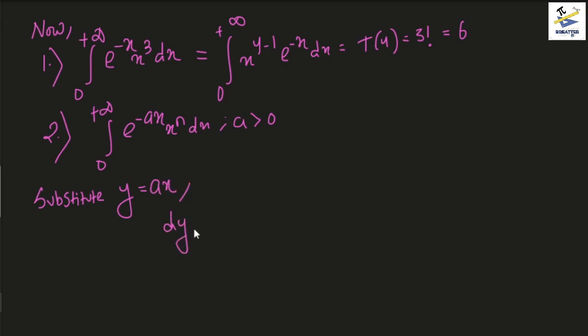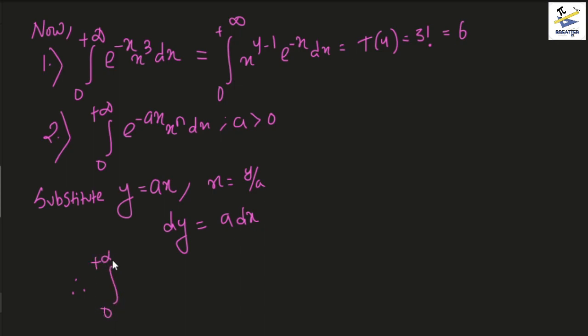Which means it will be dy equals a dx, right? And x should be equal to y by a. And the limits would not change because the limits are basically 0 to plus infinity. So just scaling the variable by a constant a would not affect them. So therefore